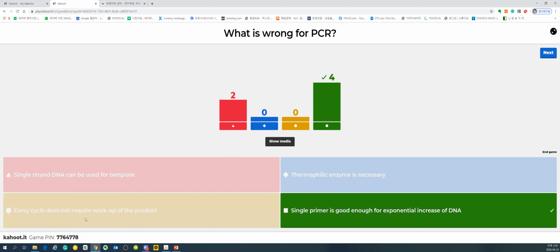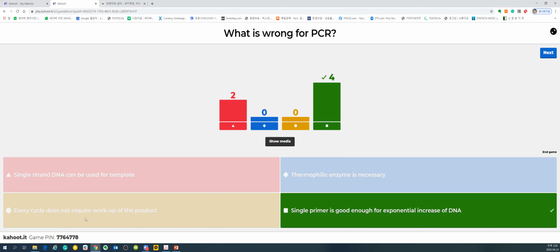Now, the last one, single primer. If you have only a single primer, you have a template like this. You need to start from this side and this side. Then you can make both strands. It is a template. That means the two strands are not the same. One is the sense strand, the other one is the anti-sense strand. They are not the same. That means you cannot use the same primer for both. You need to have a primer on the sense, and then you need a primer on the anti-sense. Then they can synthesize